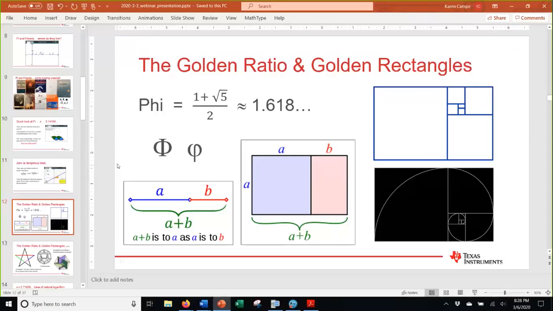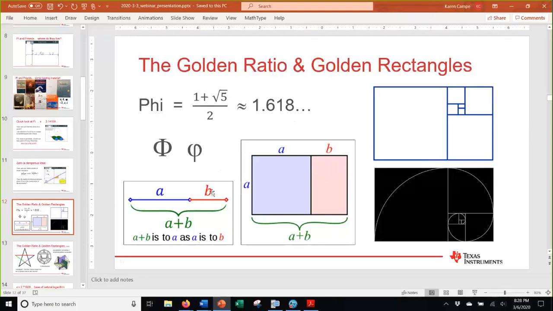These images that you see here, it's phi. Here's the value as a rational number. By the way, the golden ratio is not a transcendental number like pi or e. It's an irrational number because it's a solution to a quadratic equation. So it is irrational like the others, but it's not transcendental because it's a solution to an equation.